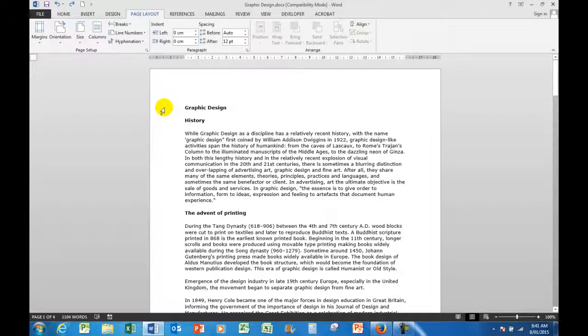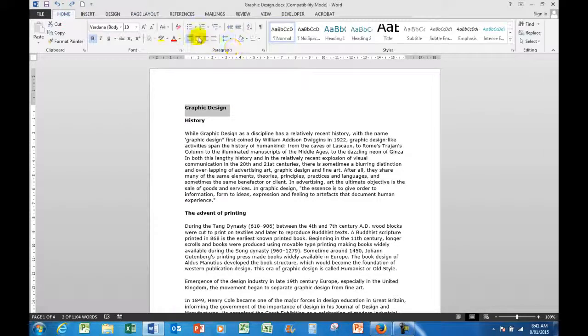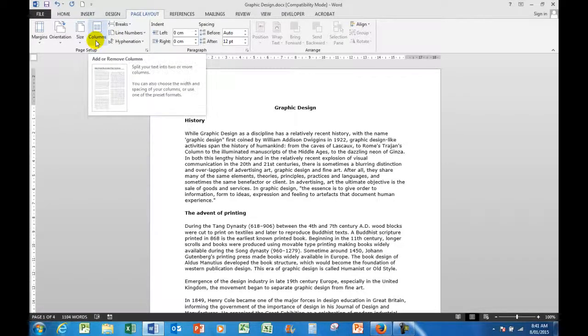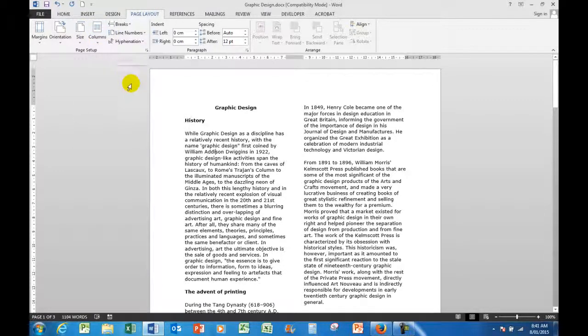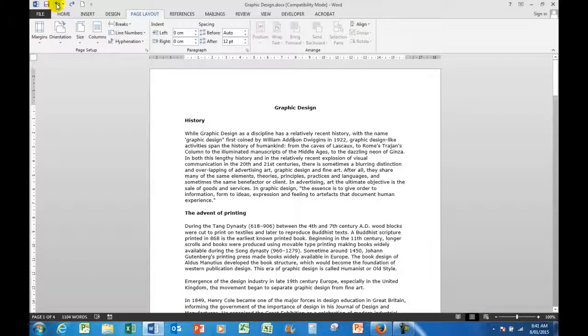Well, let's see what happens when I simply center align that particular heading and then insert my 2 columns by going to Page Layout, and watch what happens to the heading even though I have center aligned it. Okay, it's still not appearing as I want it to. So we'll undo that last action, and what I'm going to do is to click after graphic